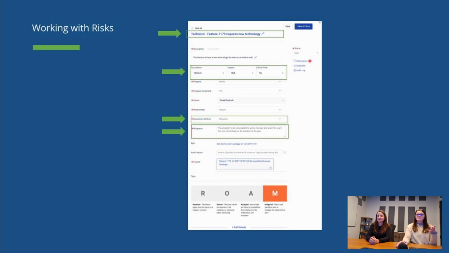Like I mentioned, a lot of teams really like to start recording their risks as soon as they identify them in PI planning. What we often see, though, is that while they may identify them all throughout PI planning, sometimes trains have a designated time where they really want to go through that ROAM exercise. If that's the case for you, something that we like to recommend, because this resolution method field is required, is to go ahead and throw that accepted category or status on there.